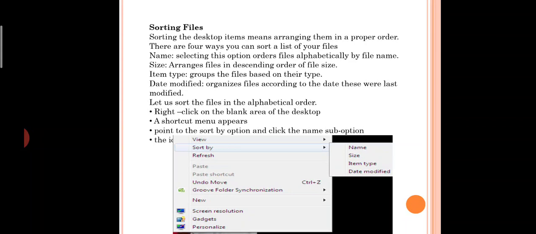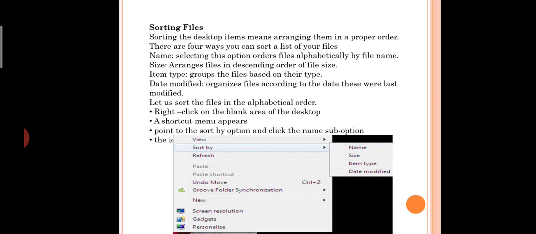Yes, the very simple thing you have to do for this is, on your desktop just right click from the mouse, then you will get an option sort by, and you have four different sub options in that, that is name, size, item type, date modified. If you select name, all the icons which are present on your desktop will be arranged in an ascending order, or else in a descending order.